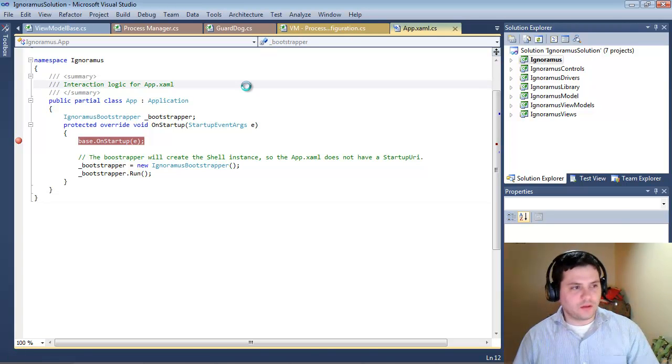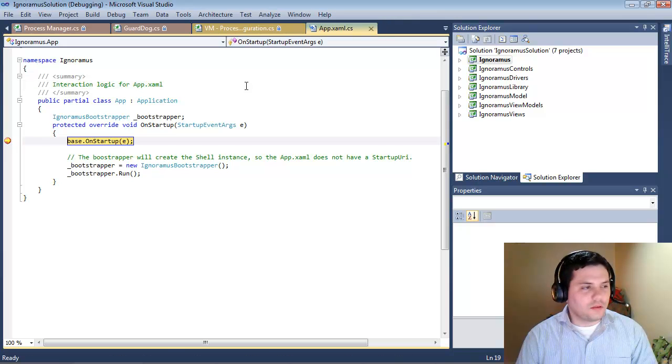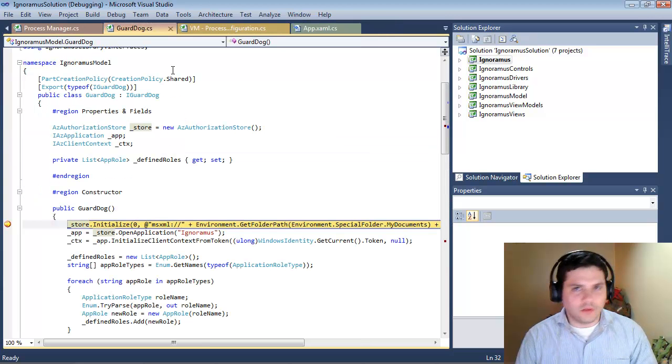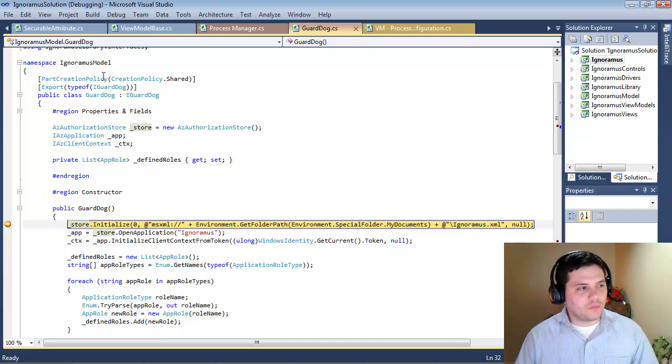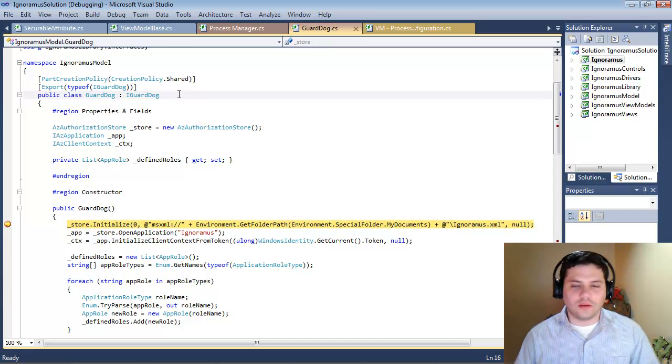All right. We're on startup. Let's let that fly. This architecture requires a lot of startup code, more than what you would expect, I suppose. Okay, so actually, I'm also using the MEF library, where